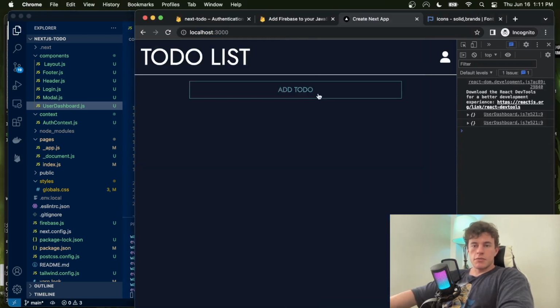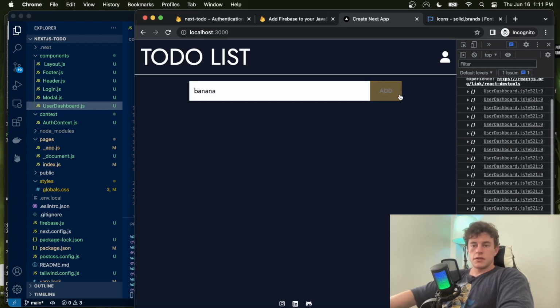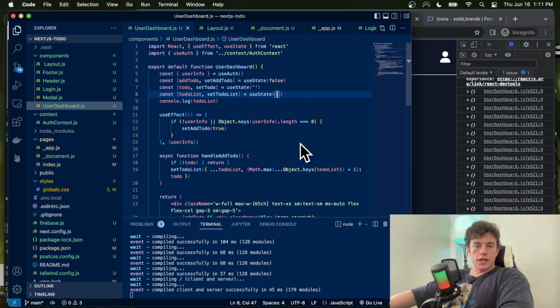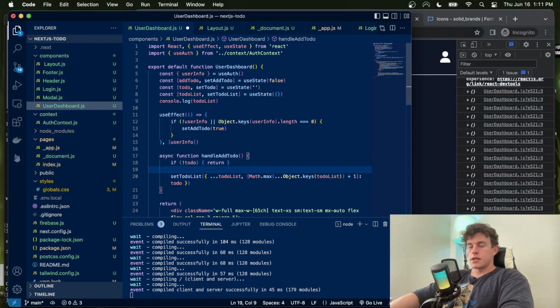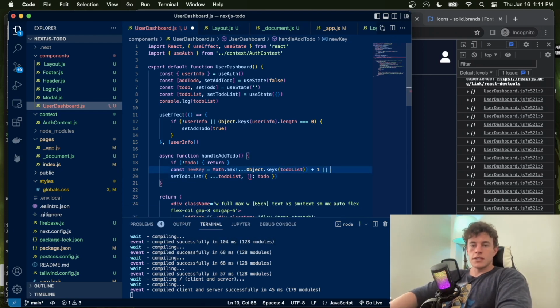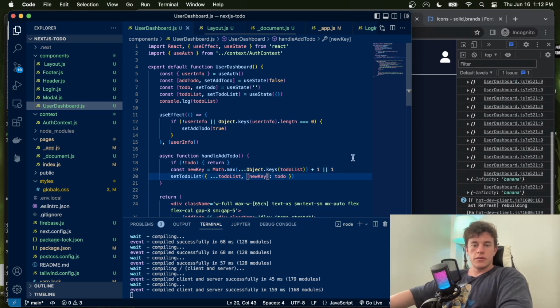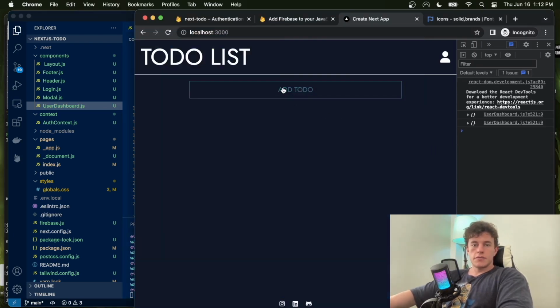So let's refresh that page and do that again. So add to-do, banana. Okay, infinity. So the last thing we're going to do is just have a variable here to make it a bit clearer. So we'll say const newKey is equal to, abstract all of this, and just say or 1. So if that doesn't exist, it's just going to set it to 1, otherwise it'll do it. So let's try that. newKey, refresh. Add to-do,